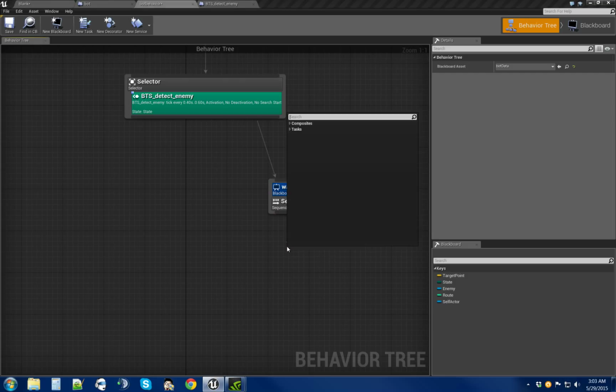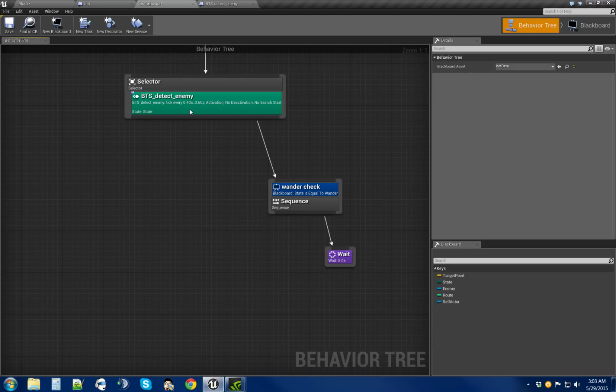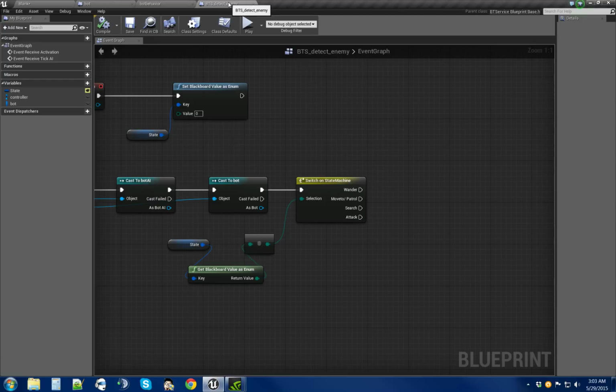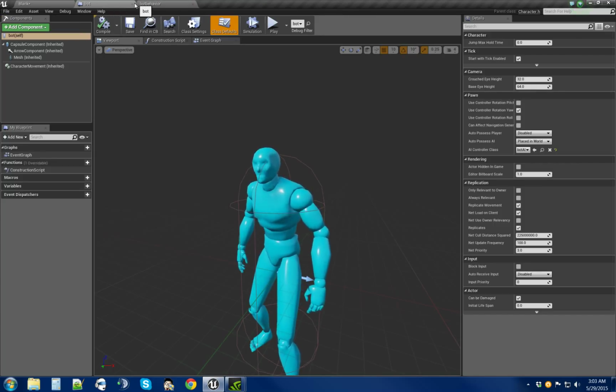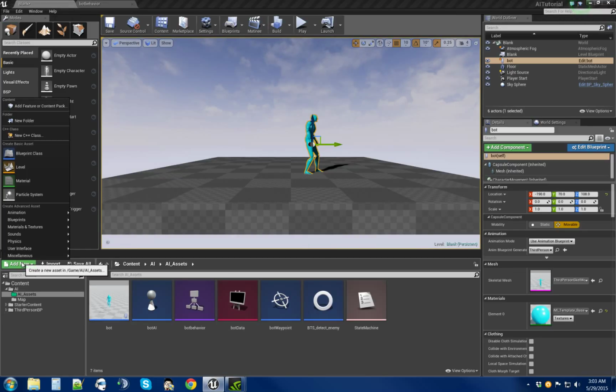Next, we're going to need a task. So we would come in here normally and do task. We can go ahead and do the wait because we're going to need that. So we'll save that out. We don't need this for now, so we can close it. Same for this. And we're just going to go ahead and do add new